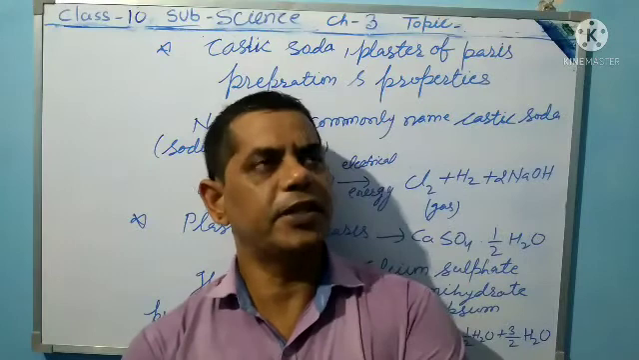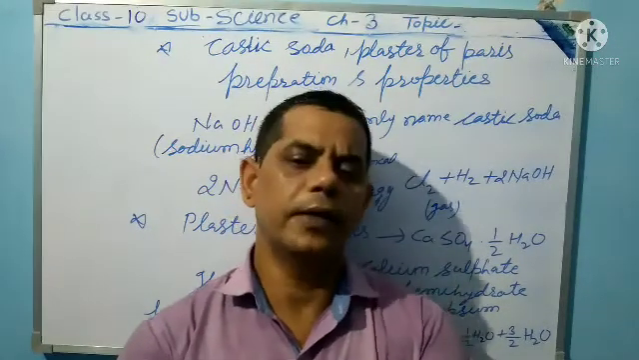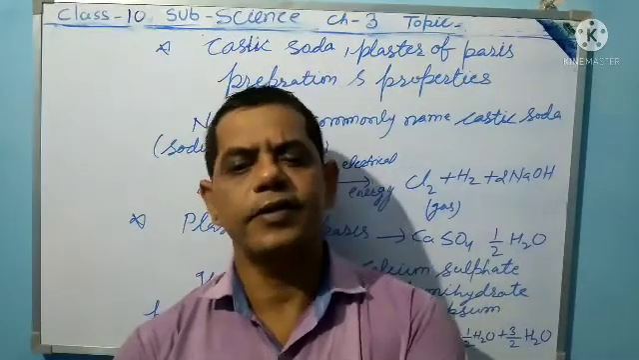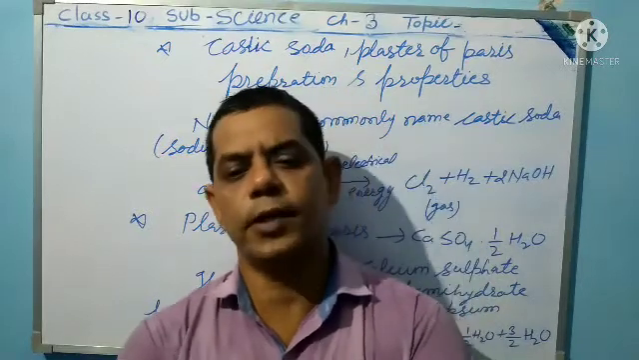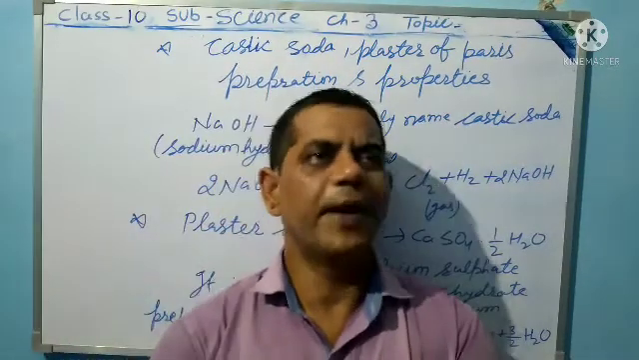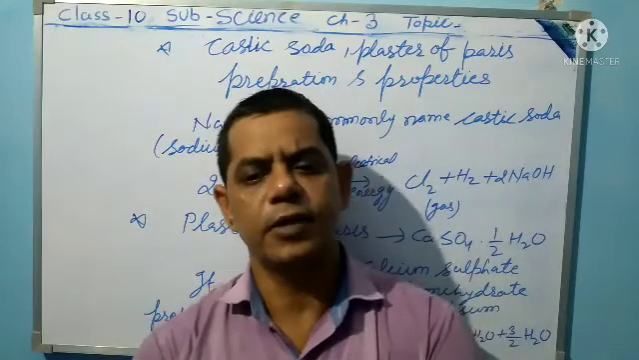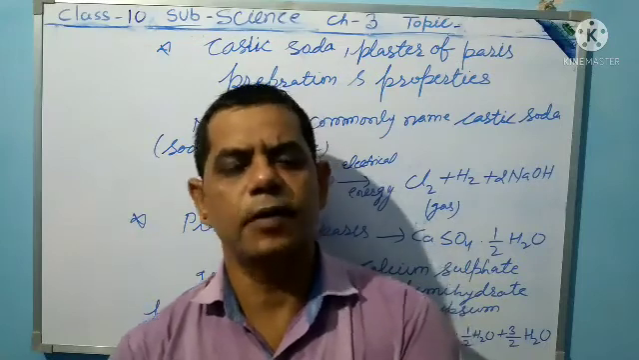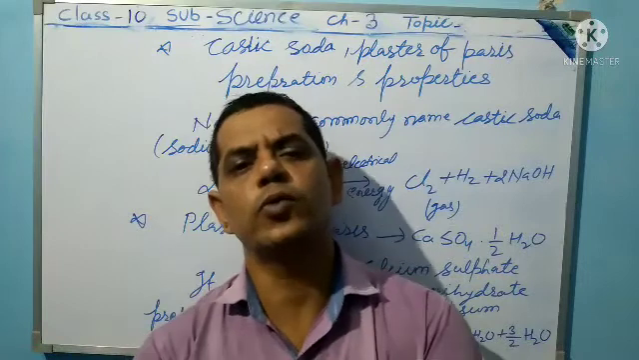And its preparation: it is produced by electrolysis of a concentrated aqueous solution of sodium chloride, called brine solution. When electricity is passed through a concentrated brine solution of sodium chloride, NaCl, it is decomposed to form